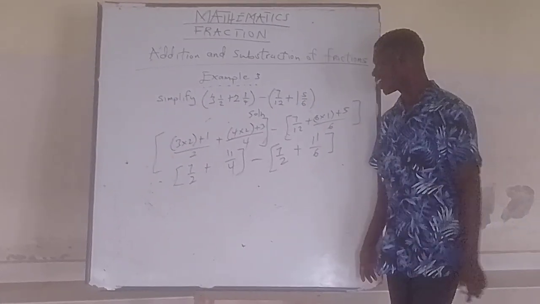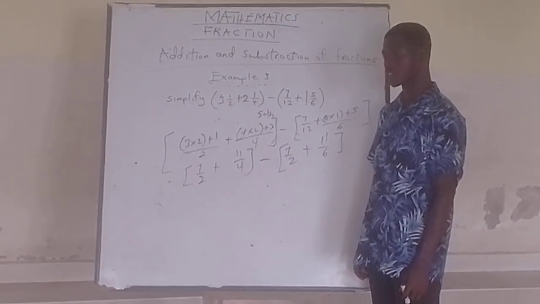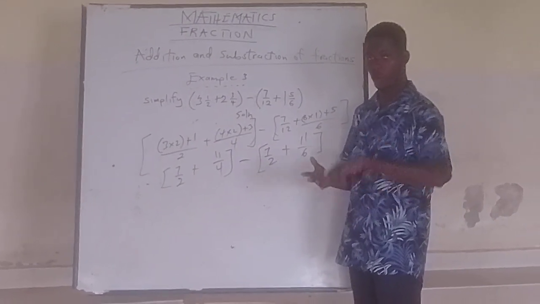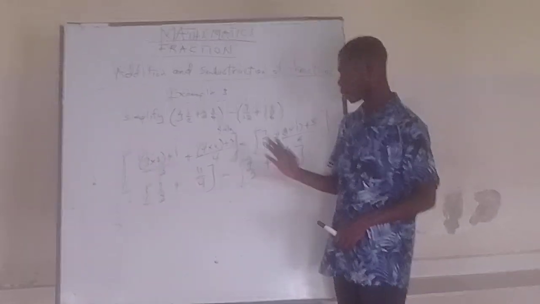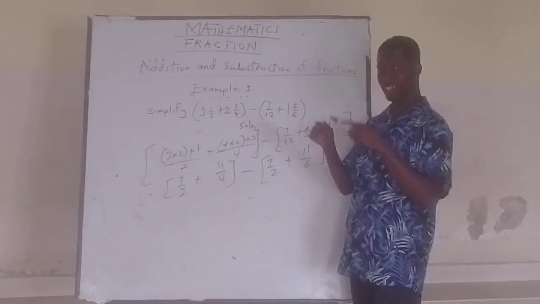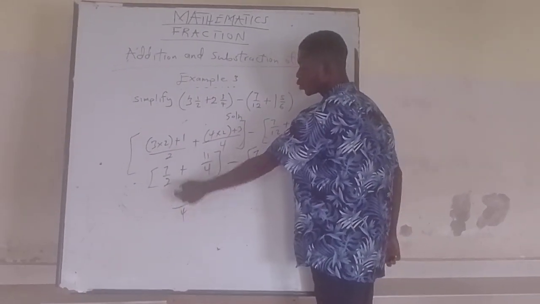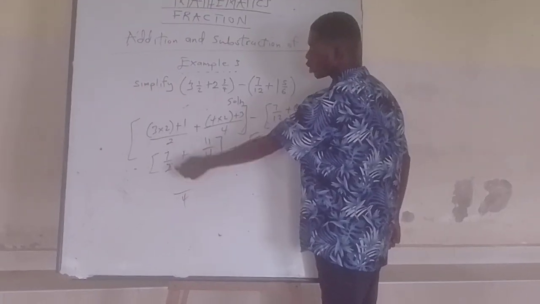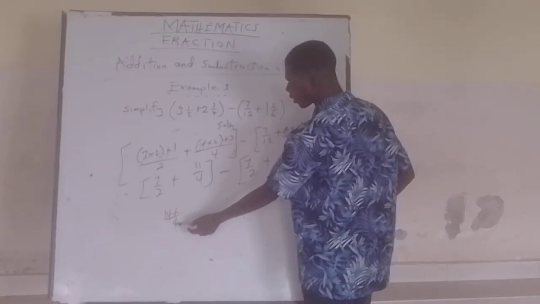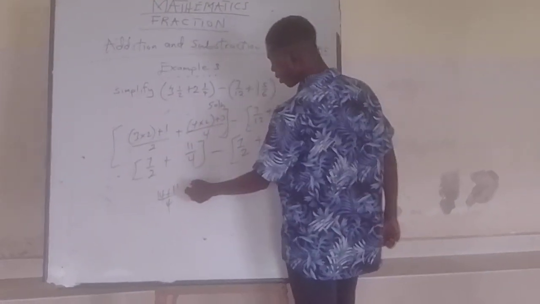Okay. Now let's find the least common multiple. For 2 and 4, the least common multiple is 4. The multiples of 2 are 2, 4, 6, 8, and the multiples of 4 are 4, 8. So it's 4. 2 goes into 4 two times, then multiply the 2 by 7 to get 14. Plus 4 going into 4 one time, so 1 times 11 gets 11. Are you okay? Minus